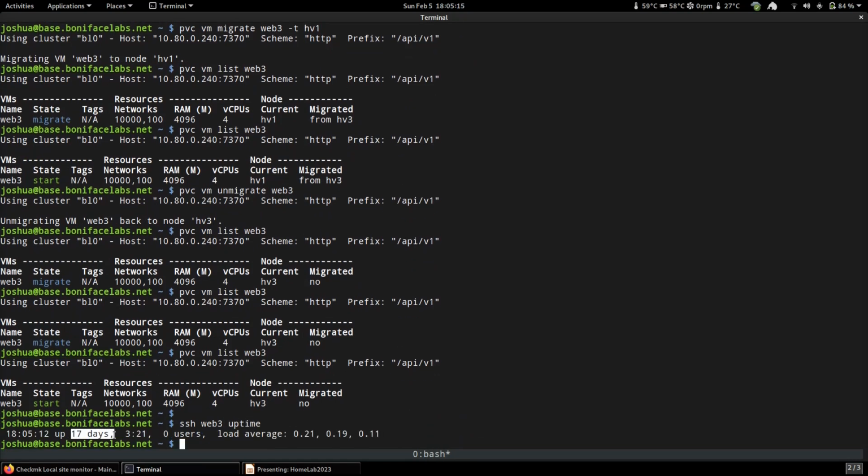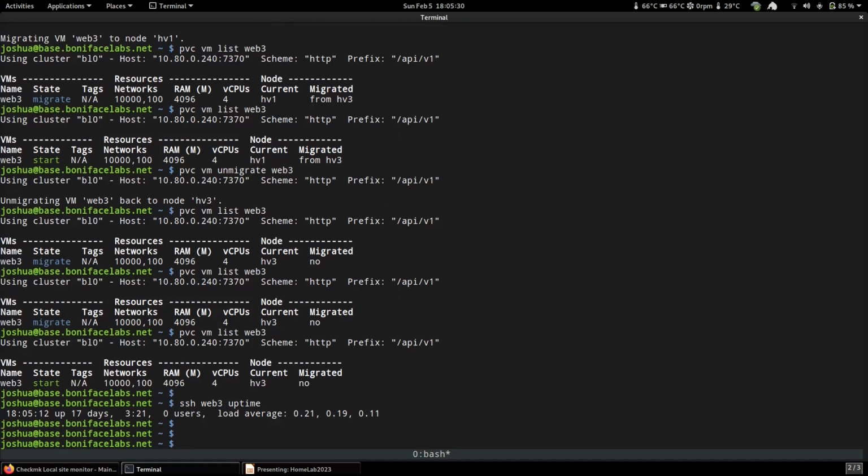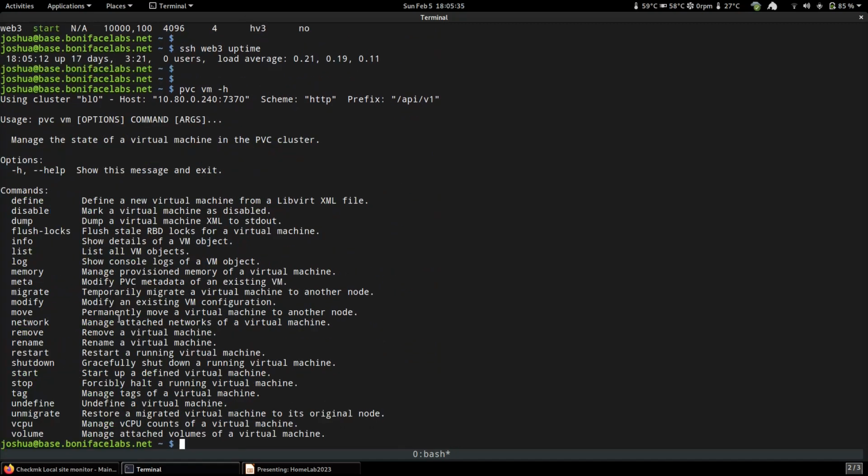17 days uptime, it was all live. It just moved it across the nodes without any downtime. Probably less than half of a second of actual impact for that whole thing where it finally did the pause and then unpause. So yeah, that's some of the cool features here, and of course, there's a lot more management